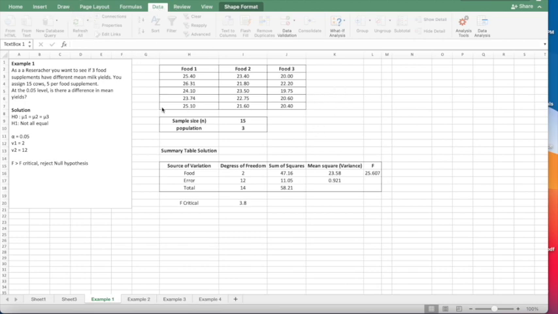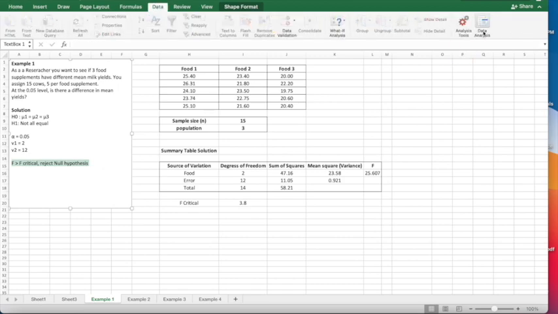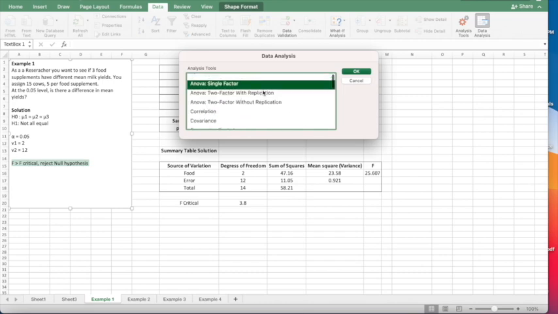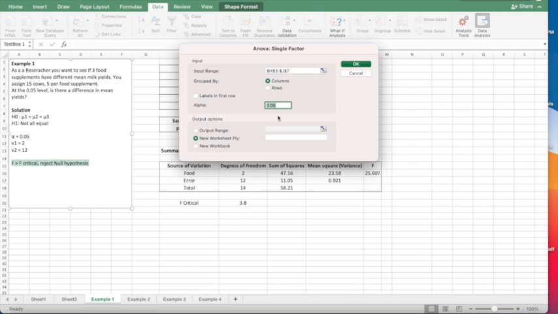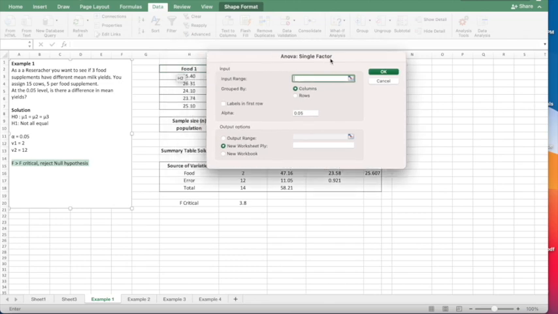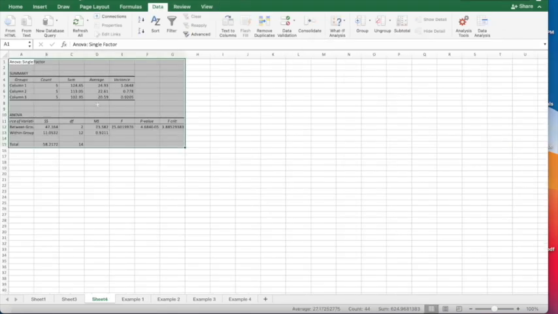What we will do, we will go to Home and again click on Data, then in the Data tab we can see there are many options available. The first option, ANOVA: Single Factor, we will select, and then we have to select the different columns of the first table where there are 3 food supplements, and we need to select all. Once we select all, we choose columns, with an alpha value of 0.05, and click OK. You will see that a new sheet will open and all the results are computed.